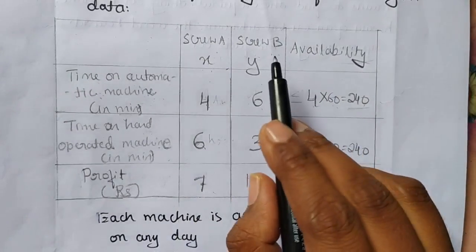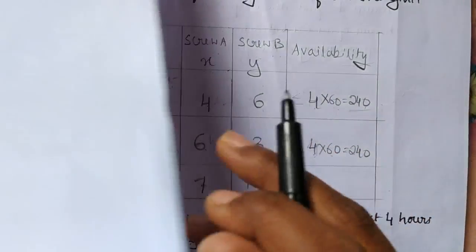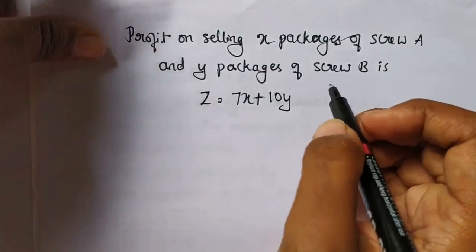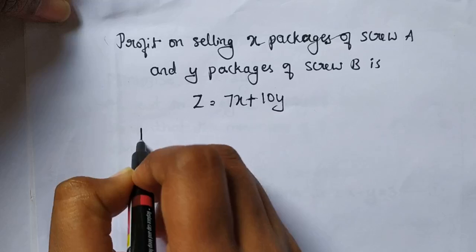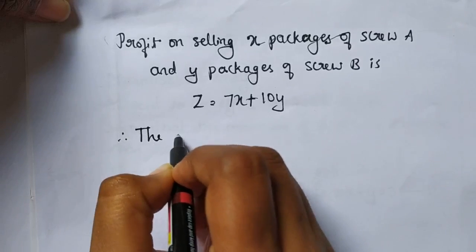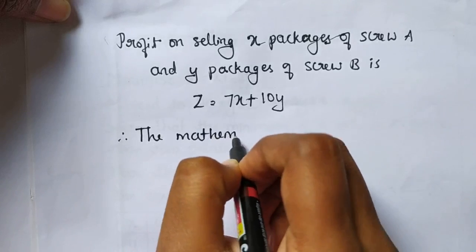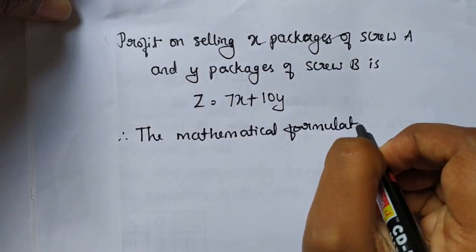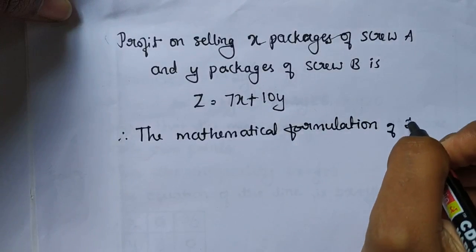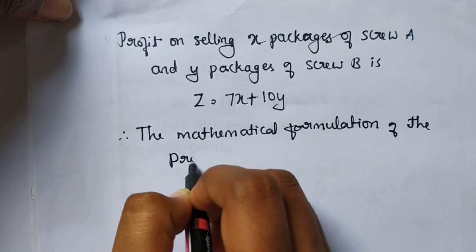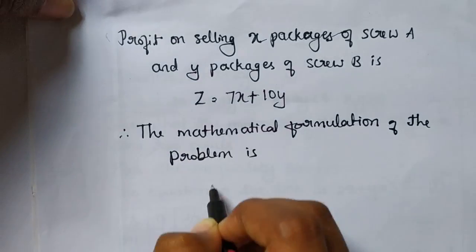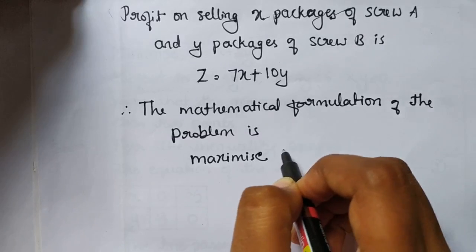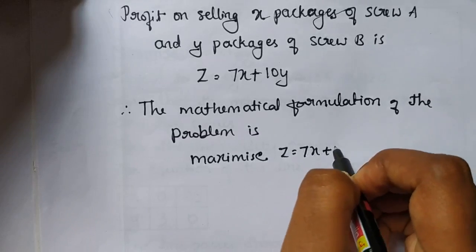Profit on selling one package of screw B is rupees 10. For y packages it will be 10y. This is the profit function. So now I will write its mathematical formulation. Therefore, the mathematical formulation of the problem is, we have to maximize the profit, maximize Z equals 7x plus 10y,